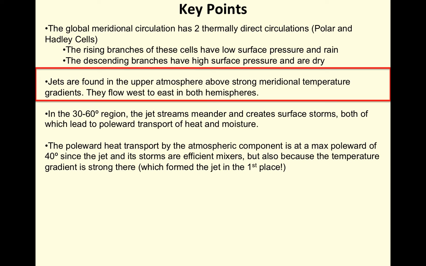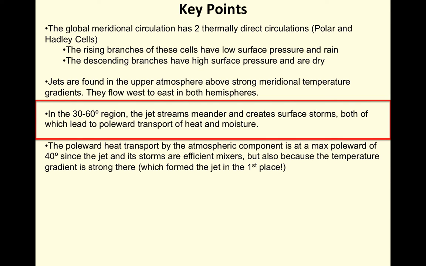Now, if we really looked at the difference between what forms the jets, the subtropical jet, you have that air coming from the equator aloft, heading towards the subtropics. It conserves the angular momentum that it had in the equatorial zone, and ends up getting turned to its right. That's really what forms the subtropical jet, the conservation of angular momentum. The polar front jet, which is located around 50 or 60 degrees north and south, is more a function of that strong surface temperature gradient, deforming the pressure surfaces aloft.